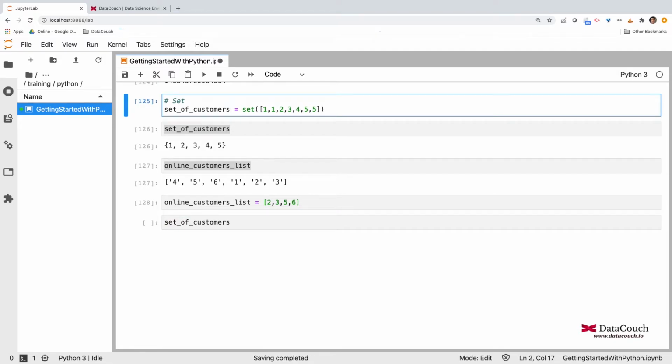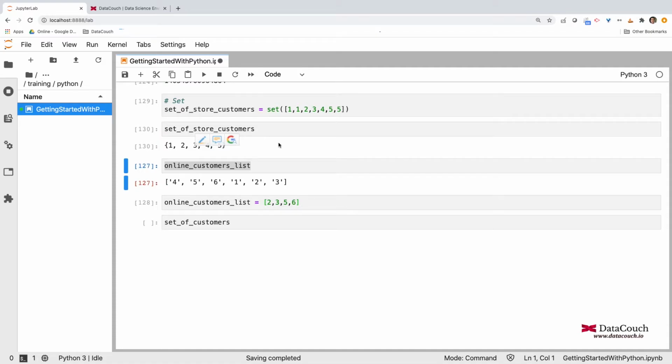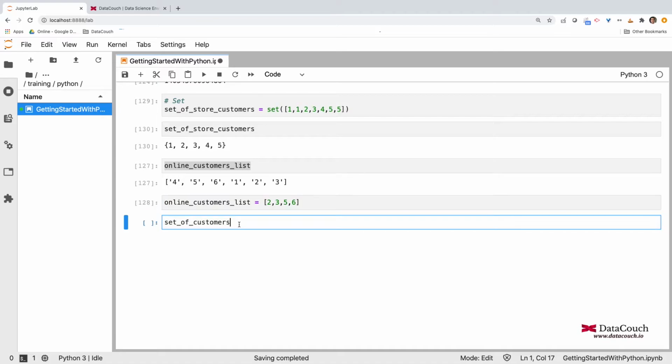So I'll say set of store customers. I'm just renaming this variable to set of store customers, copying this one and pasting, and then re-executing.